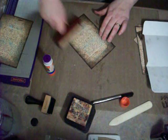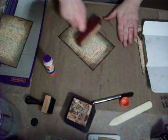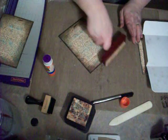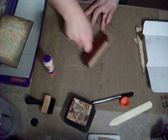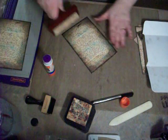And I have to say, I've had this brayer for I don't know how long, and I never used it because I didn't want to get it dirty, and I used it for inks, I was never using it. And Heidi Swap on her web channels uses it all the time to adhere paper down, and I thought, oh my word, because I used to sit there and go like this and go like that, and it's like the brayer just gets such great impression